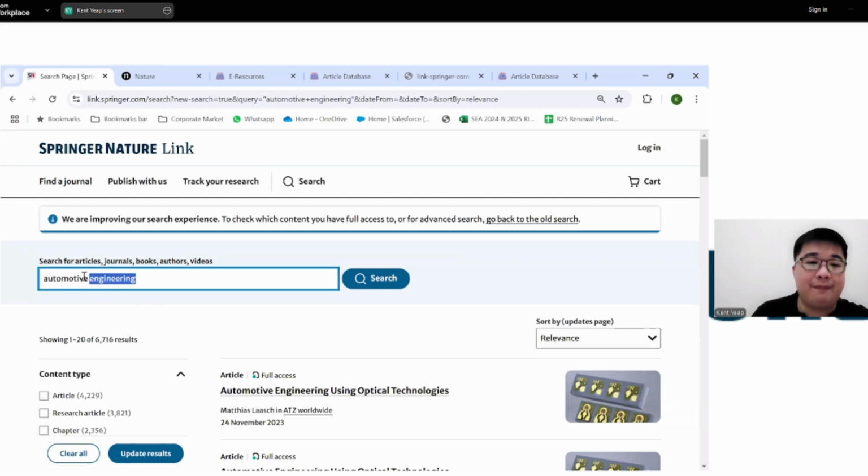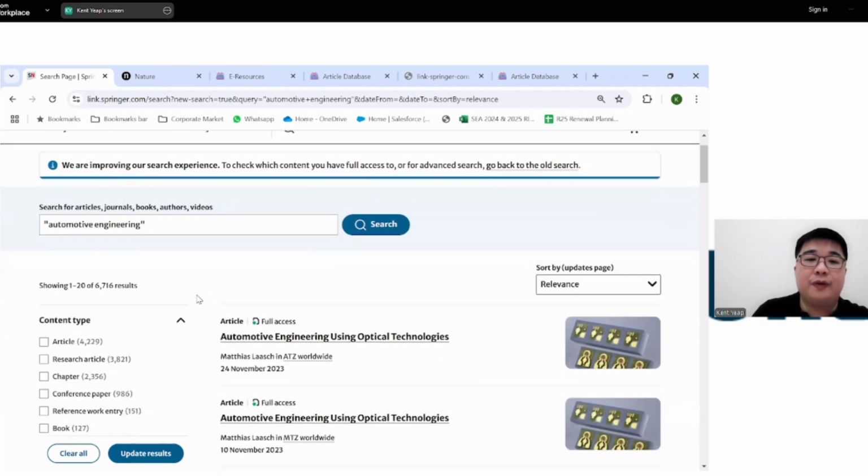And you can see by making this a specific search term, by locking these two words this way, I'm now given a significantly lower number of results with the specific term automotive engineering, not as two individual words, but as one specific term.